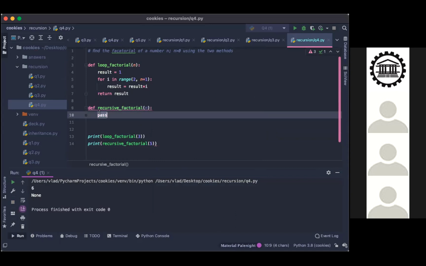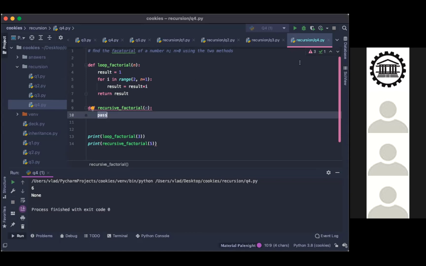Now, recursive factorial, what is our base case here? Base case. When do we want to stop? We want to stop when we reach that number, right? So if n, I guess we could do that.